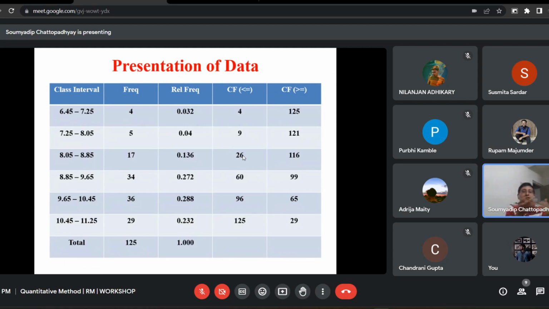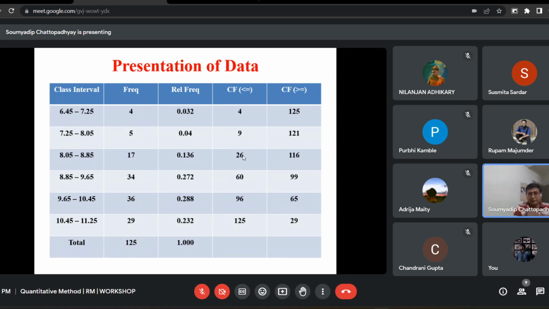Now, if you think of this example in the context of, say, income. Suppose you are trying to look at the income profile of a certain group of people in a particular city. Then you need to do a kind of sample survey of, say, 300 people, and then depending on their income level, you can think of certain class intervals related to income, and then you can represent them in terms of this kind of frequency table. That means you can always find out how many people are there in an income range between x1 and x2, how many of them are in the income interval of x2 and x3, x3 and x4, and so on and so forth.